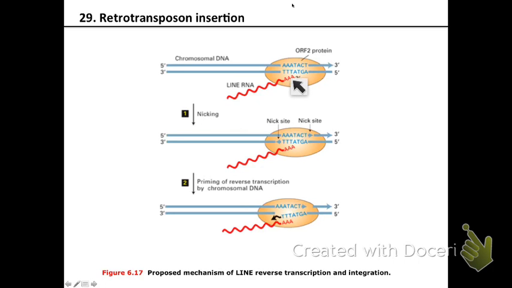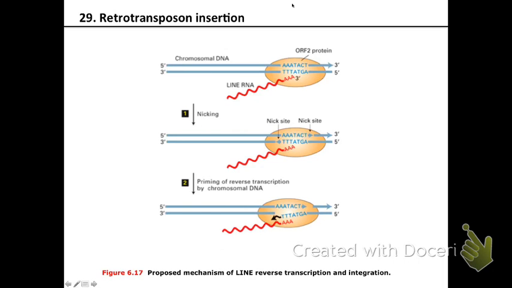And it lines up that mRNA with the target site and makes a staggered cut again. So it makes these little nicks, offset from each other. Now, the end of this nick, the end of that DNA fragment, is the 3' end of the DNA fragment. So that end is taken up by the reverse transcriptase. This is the enzyme that copies RNA into DNA. And what it does is it uses the information in this RNA, it makes a DNA copy,